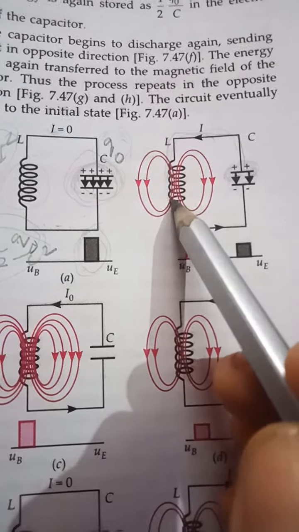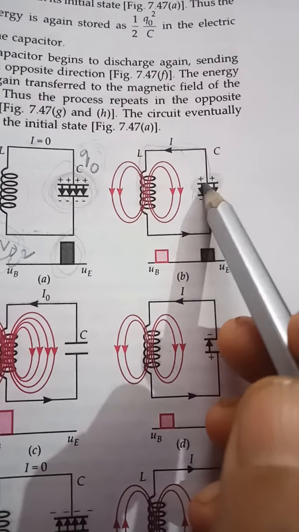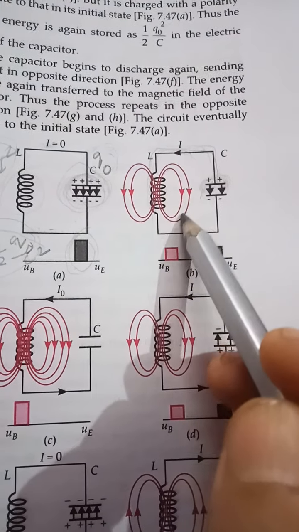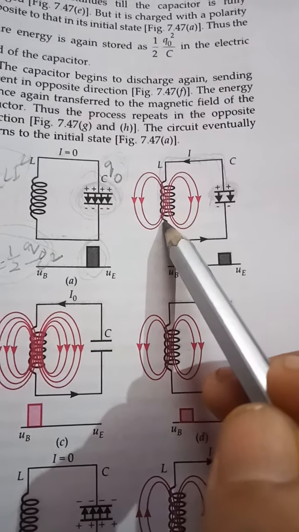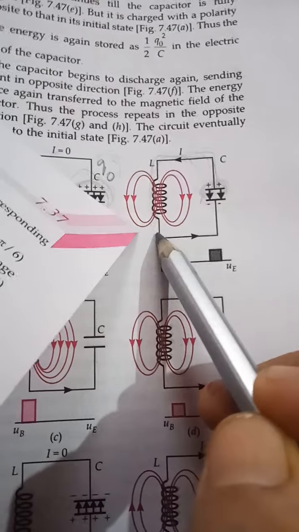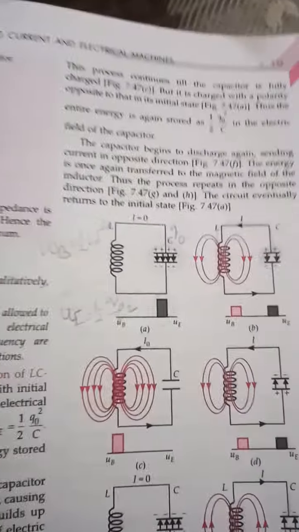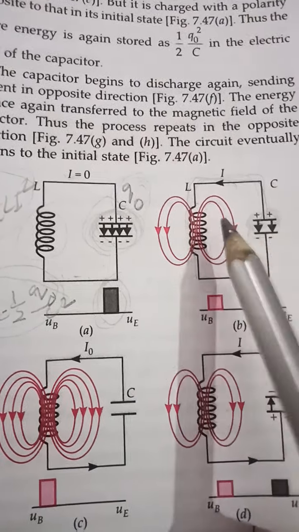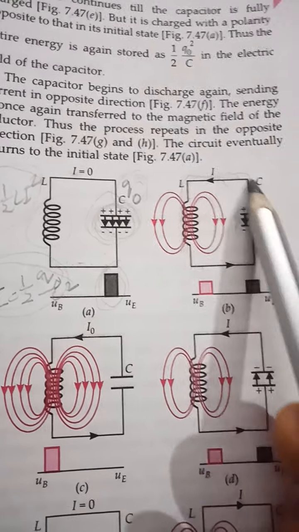But when this current flows continuously in the inductor, it is growing because more and more charge is flowing through the inductor. So a magnetic field is associated with the inductor around it. Now an induced EMF is developed according to the self-induction phenomenon, so an induced current is also developed in this circuit, which opposes the main current, but the capacitor is continuously discharging.